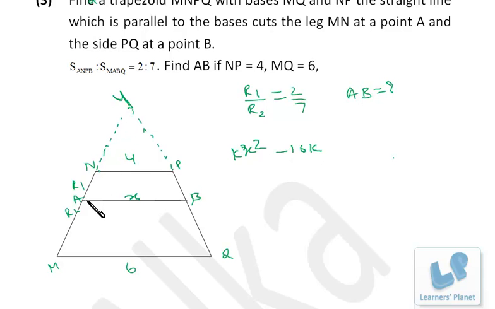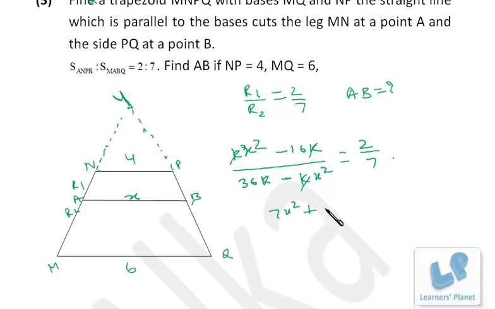Okay, so if I deduct this area, I'll be getting the area of ANPB. So this is the area of ANPB, isn't it? Divided by area of this complete triangle, which will be in proportion to the square of this side. So that's 36k minus area of this triangle, that is in proportion to the square of this side. So that's kx square, right? And this ratio is given to us as 2:7, right? So I can take k as common and eliminate that. So if I solve, I'll be getting 7x square